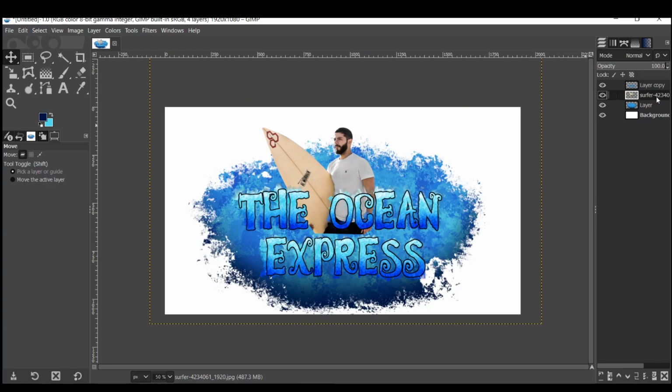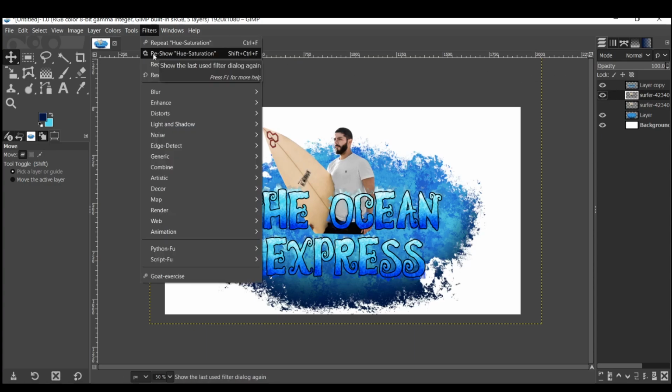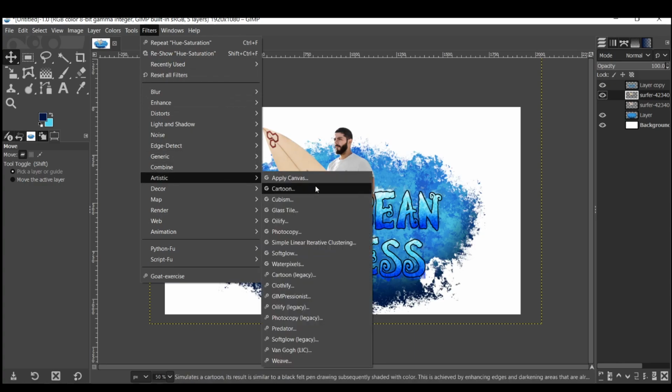So now let's go back to the surfer layer and I want to duplicate this, just so we have a copy of it in case we need it again. So I'm going to select this and mute it. Then let's select the copy and go to filters. And then I'm going to go down to artistic. And then let's choose one of these. Let's try water